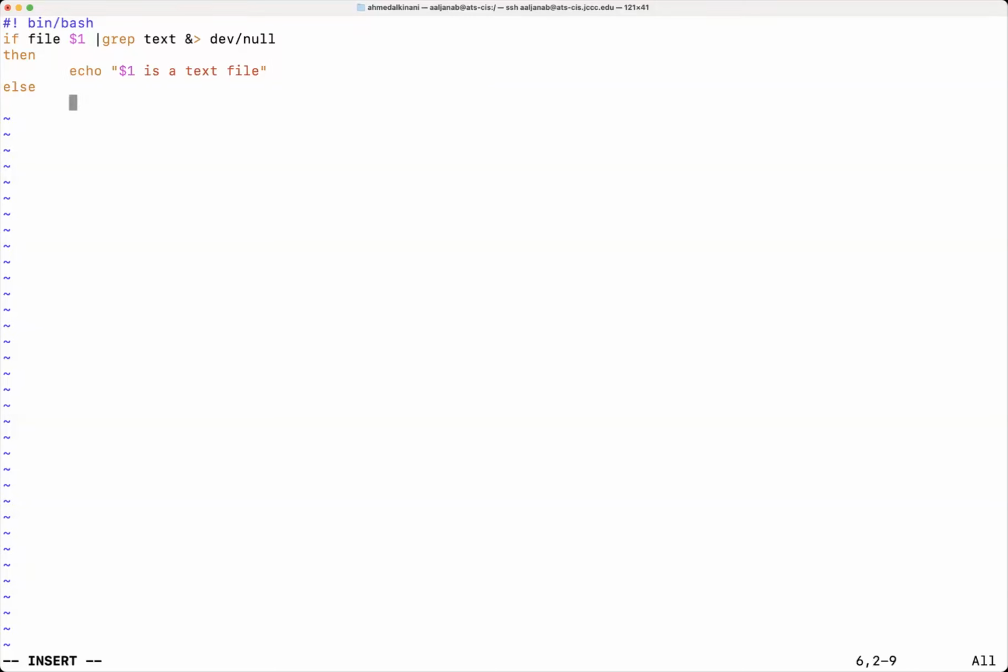Else, echo, and we'll put $1 is not a text file. Okay. Now, by default, fi.